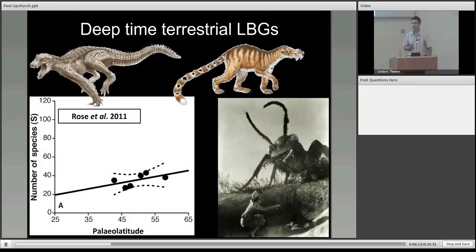We had an idea a few years ago that it would be interesting to look at LBGs in the terrestrial fossil record, because the vast majority of papers had focused on the marine fossil record. And it's one of those ideas that you come up with and several other people come up with at exactly the same time. And so we now have 3 different studies of ancient terrestrial LBGs,